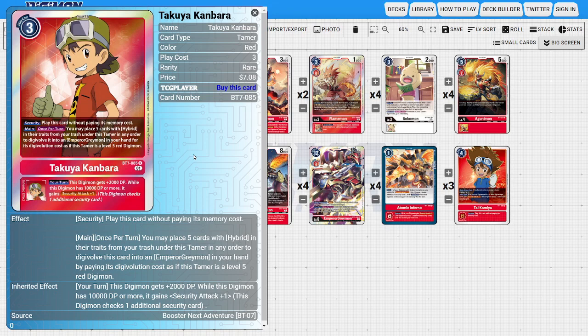So no, sticking the cards underneath doesn't just make this count as a level 5 for anything, it's only going to be using that ability to be able to digivolve into EmperorGreymon. But the powerful thing about Takuya, what's making him so insane, is the fact that you don't have to digivolve into EmperorGreymon after shoving the 5 cards underneath. So you could shove the 5 cards underneath and then digivolve into something like Agunimon, Kopuriman to be able to climb the stages to get into an Aldamon stack to make Aldamon as powerful as you possibly can,